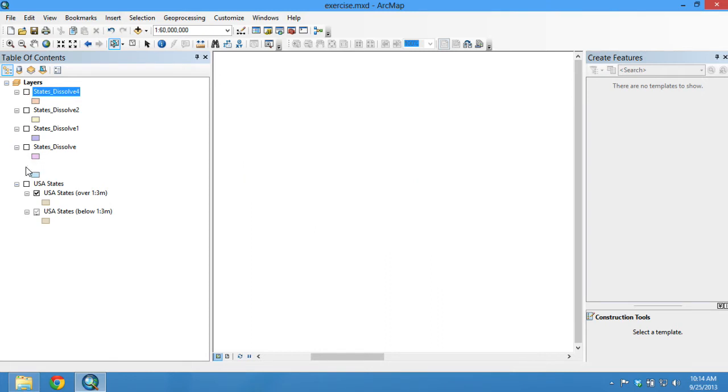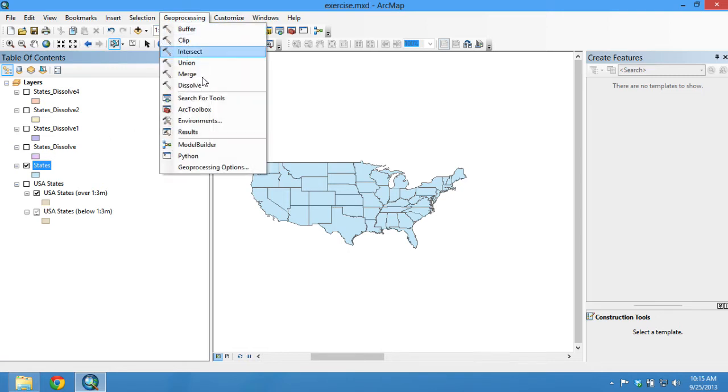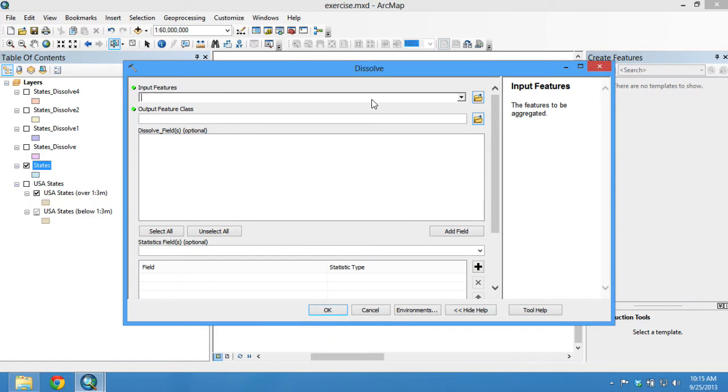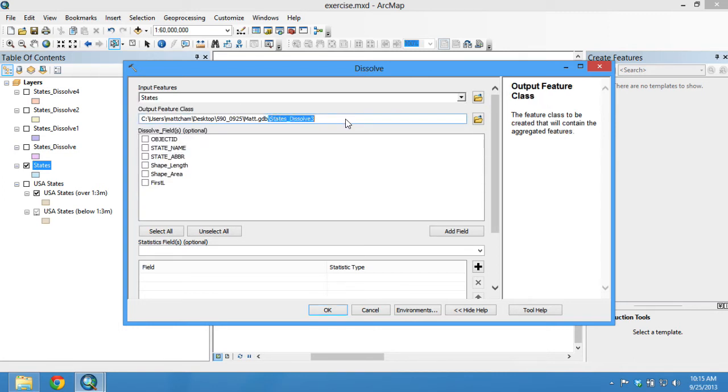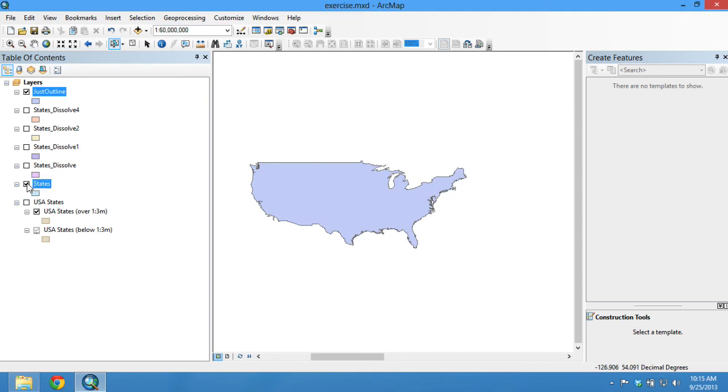All right, let's go back to this one. We just want a plain Jane outline. So we've already done this once, but let's do it one more time just because it's fun to end with something simple. And I'm going to input states, and I'm going to call this just outline. And the defaults are perfectly fine because I just want that. I just want a nice plain Jane outline. This other stuff I do not need. So you can right click and remove it,